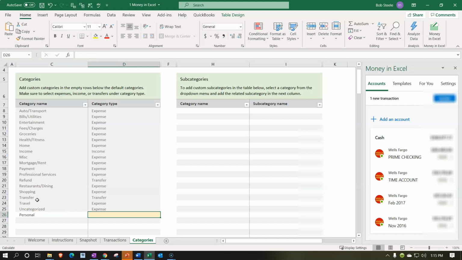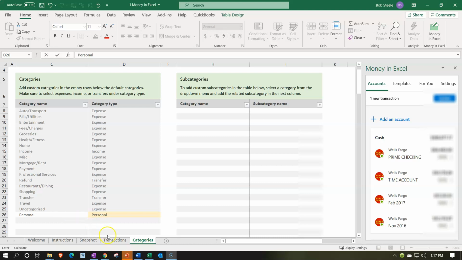personal category. And then I'm going to put the category type as personal as well, because I want to pull that out from my income statement. I want a different category to do that. What that will allow us to do is put all the income items that are business income into normal income and then everything else into personal. And I'm going to put everything else into personal, whether it be income or expense,